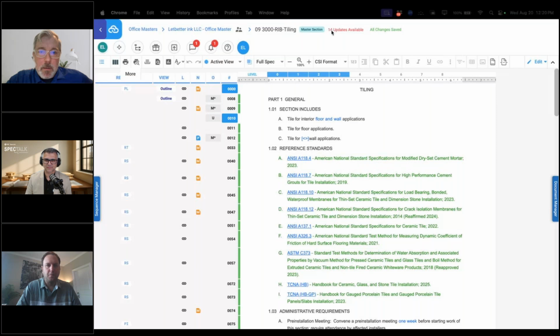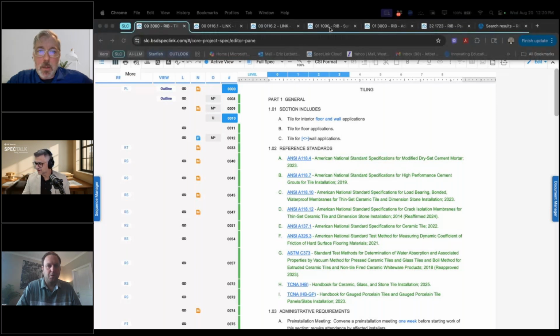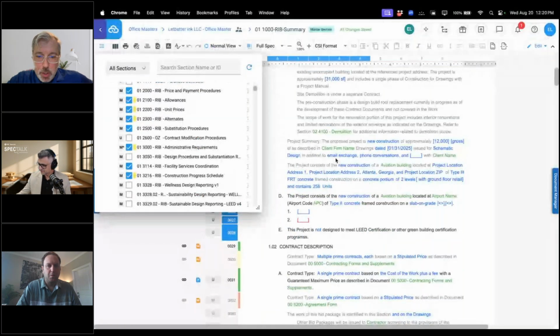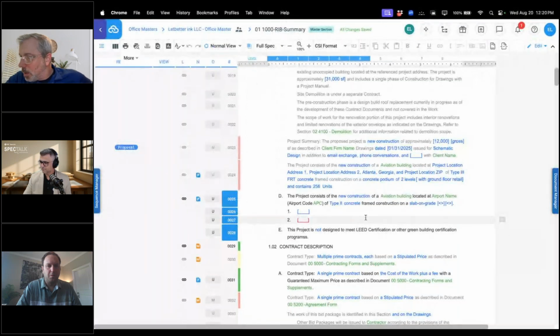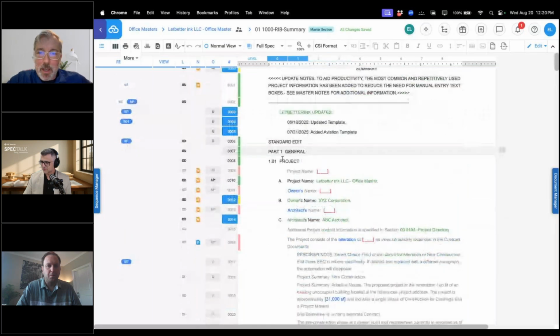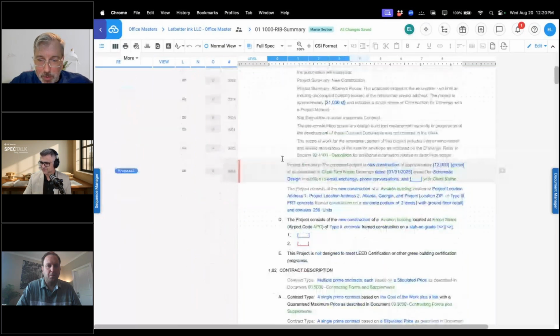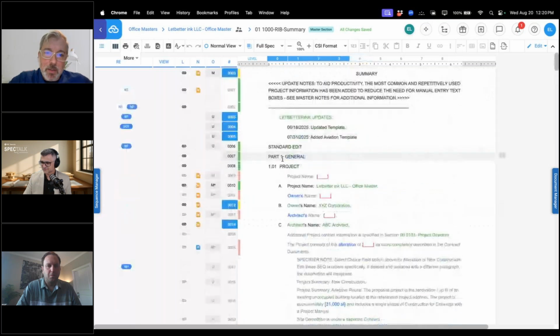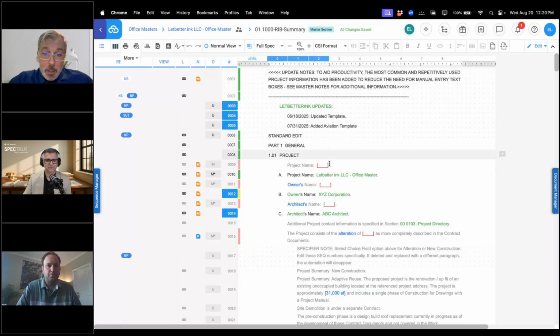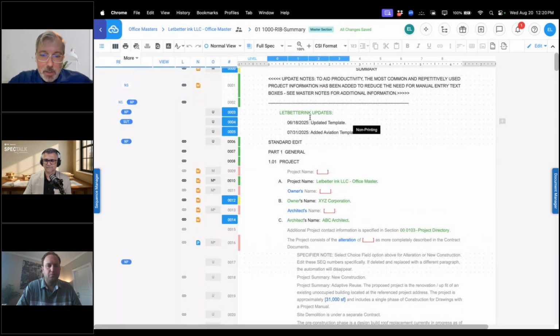Right. So let's go to example number 2. This is the summary. This is sort of a very customized version of the RIB template. I'll show you a sneak peek here. So I track and log my spec updates, and I hate typing this thing every time. So I made a custom global term, and I just drag it over there, and so it looks the same every time. So that's just another life hack for how you can use that thing